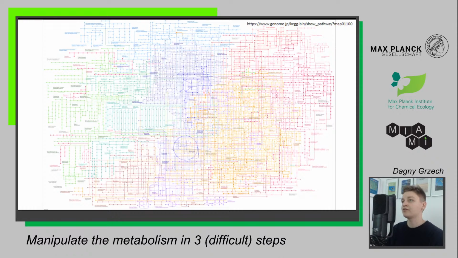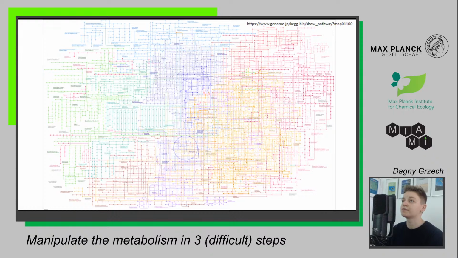So this is a map of metabolic pathways in living organisms that you can find online, and I actually highly recommend it. It's from this database called KEGG. And in here you can see that there are a lot of different branches of metabolism that are present in living organisms. And you see that basically metabolism is a very complicated network. And this is what we as scientists are trying to untangle. So we are trying to get to know how each one of the branches works. And today I'm going to talk to you a little bit about how we can manipulate those metabolic processes,